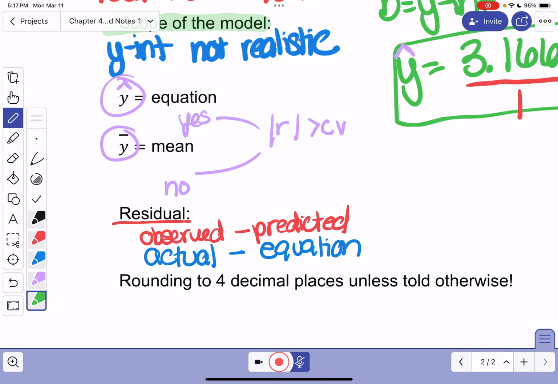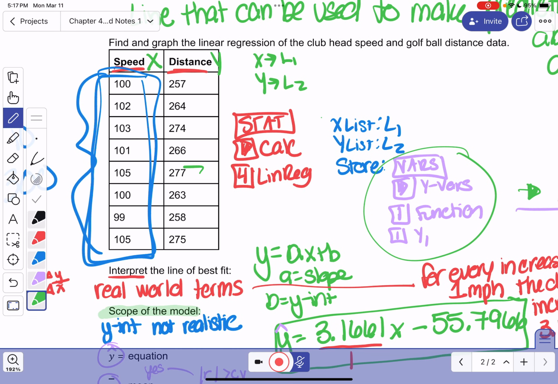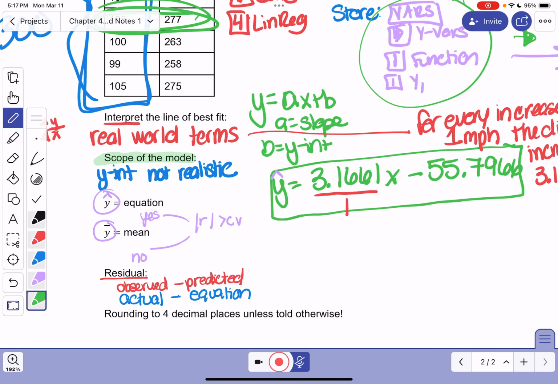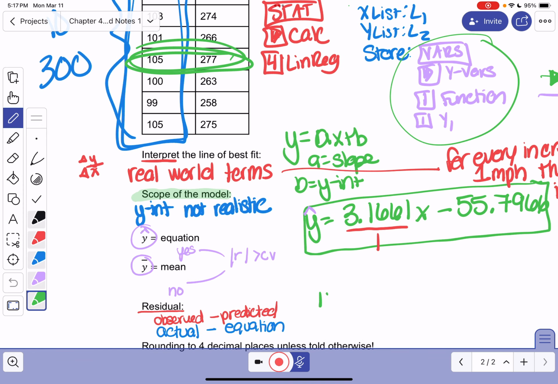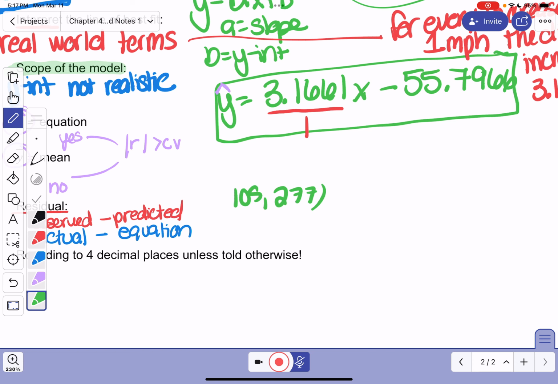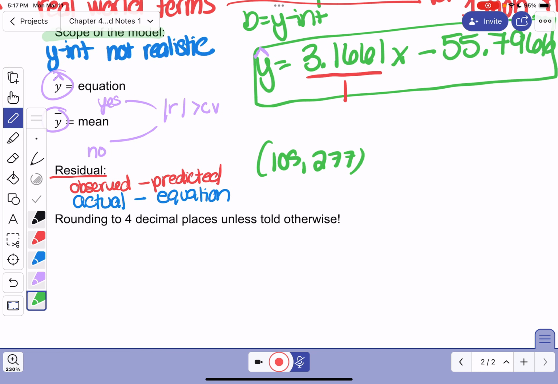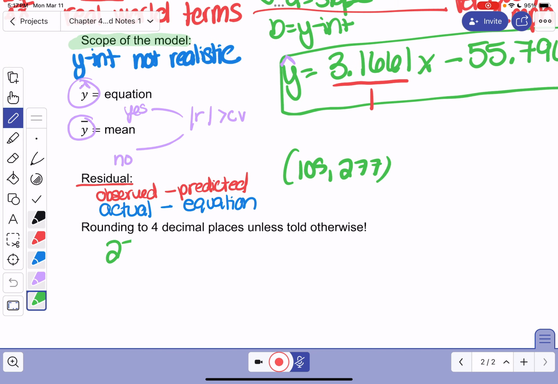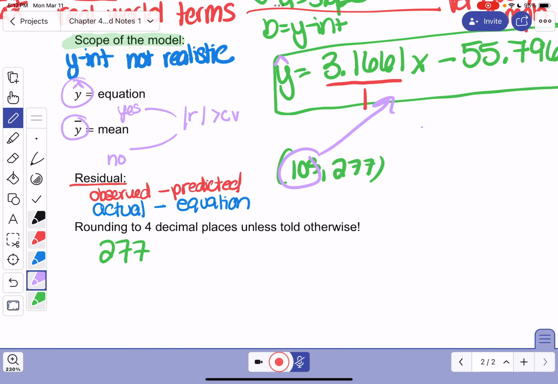So let's see what a residual would be for this point. 105, 277. What's the residual? So that is our actual value. The 277 is the observed value. To get the predicted value, we plug this into the equation for x. So we would do 3.1661 times 105